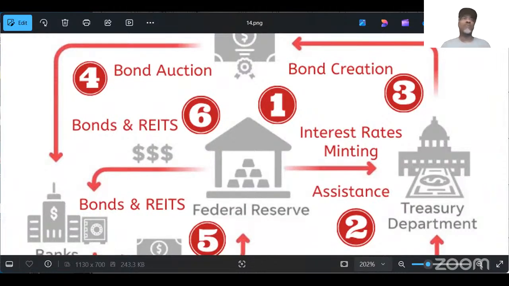Now let me check the comments, make sure there's no questions as of right now. Give me a second. All right, no questions on Zoom. Let me check TikTok. All right, no questions on TikTok. Sorry, no questions on YouTube. All right, so let's continue. If you do have any questions, either put it in the chat or unmute yourself and let me know, or you can wait until after the presentation's over.